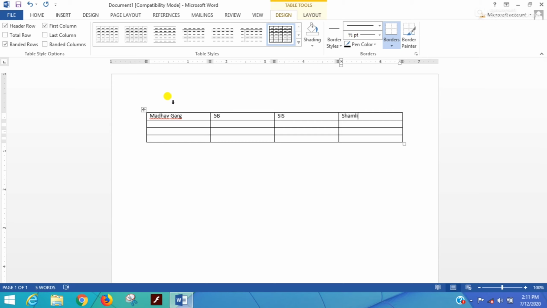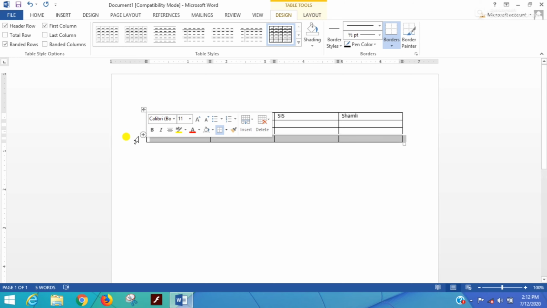Then you just have to click once above the column and the column will be selected. If you want to select another column, you just have to click above that particular column and the column will be selected. That's how we can select all the columns one by one. And if you want to select a particular row, then you just have to click outside that particular row and your row will be selected. That's how.